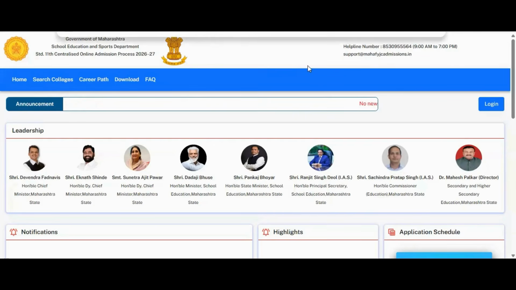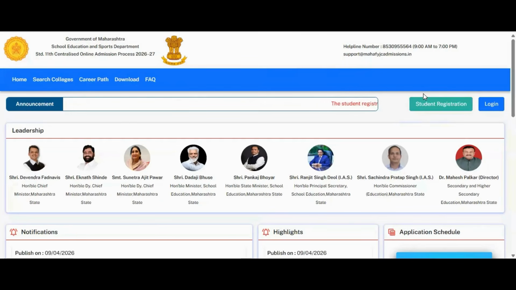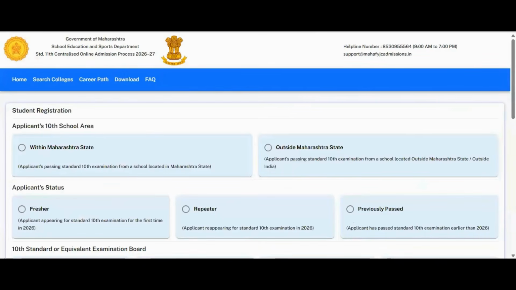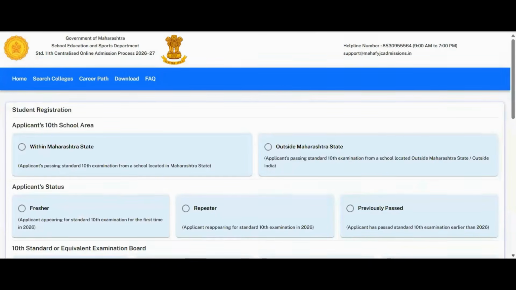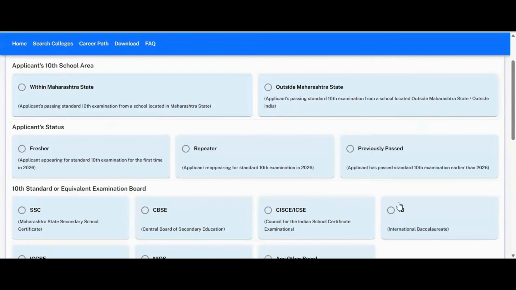Once done, what you see on the screen are two tabs: one is student login and the other is student registration. You are going to click on student registration, where you can see that the next screen shows student registration, applicants' 10th school area